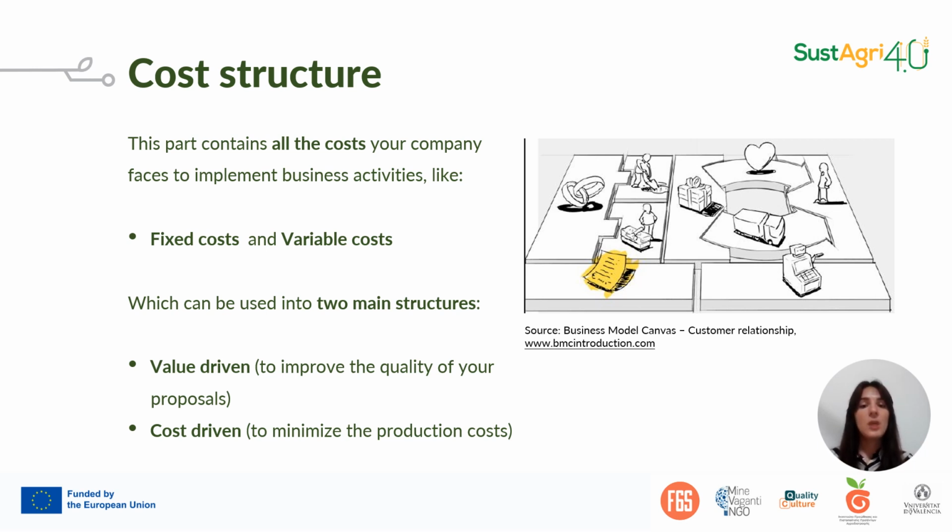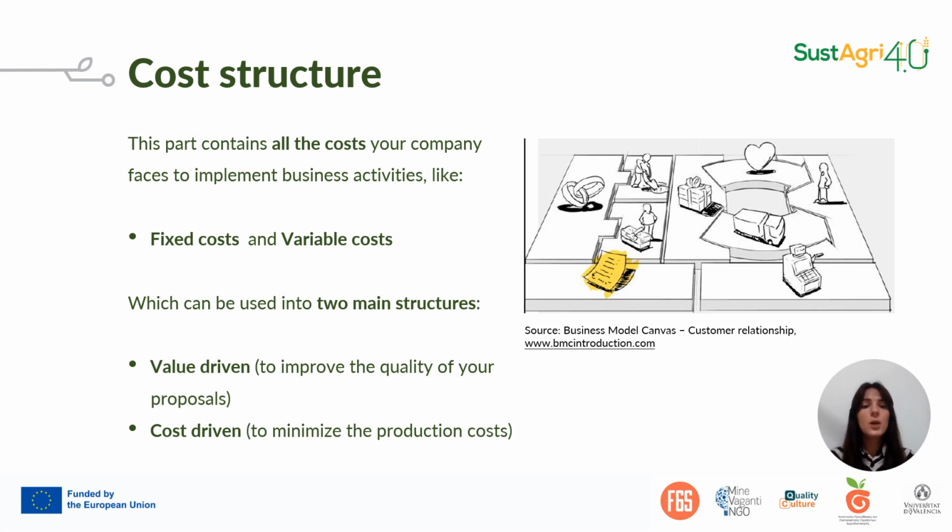Costs may be fixed. What do we mean by fixed costs? Fixed costs are expenses that don't change based on the level of production or sales, because these costs are typically related to the company's overhead, such as rent or insurance. Costs may be also variable. On the other hand, these costs are expenses that change based on the level of production or sales. And these variable costs are typically related to the materials and labor needed to produce a product or service.